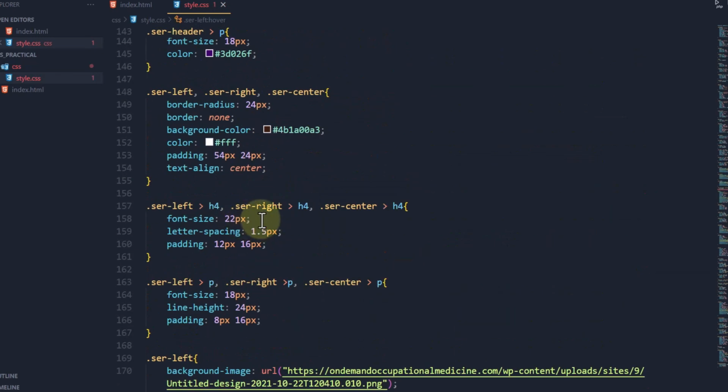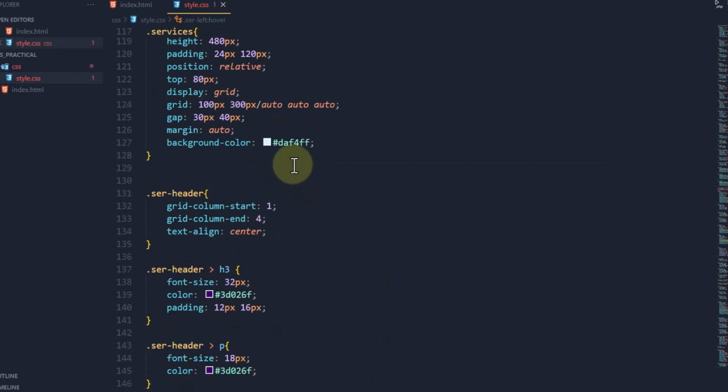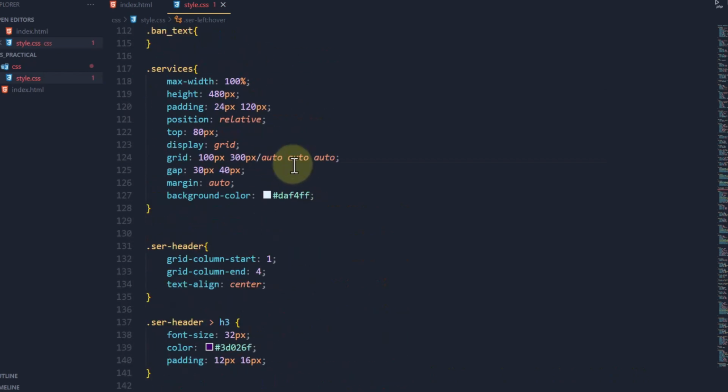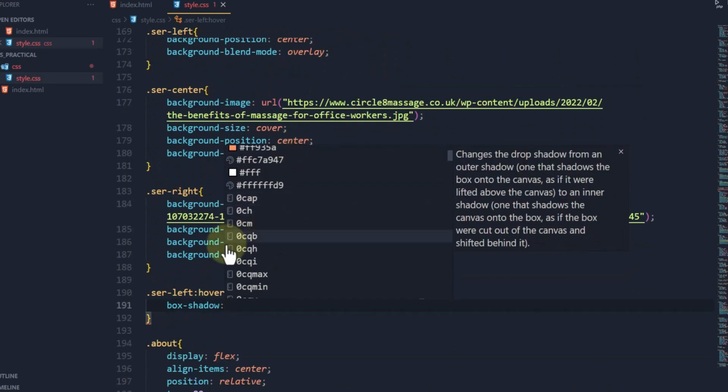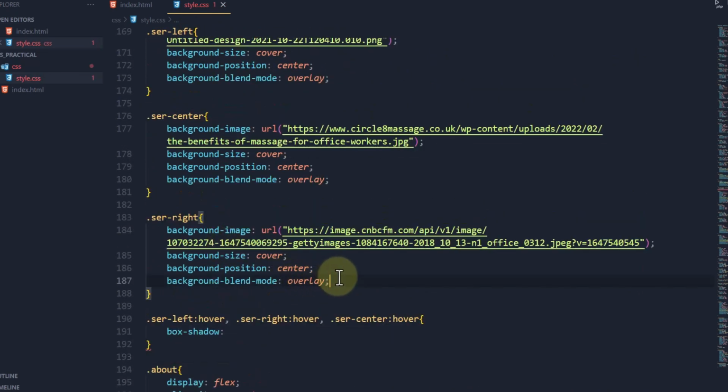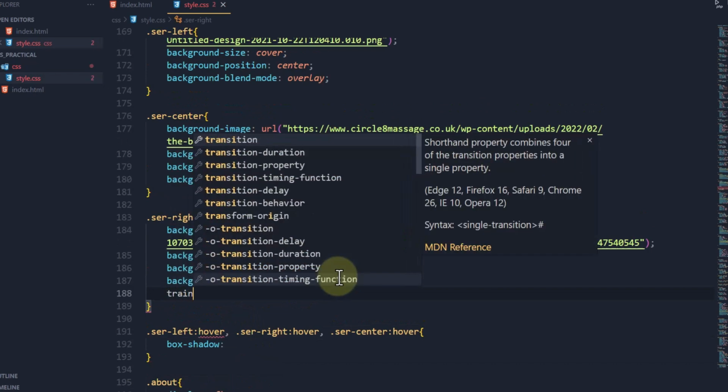I believe this one is in a grid, so we can't just make it bigger. Yes, we can make it bigger. Okay. Yeah, we can make it bigger. So we're just going to make it glue. We're going to make it glue. So we're going to say, come here, give this some transition